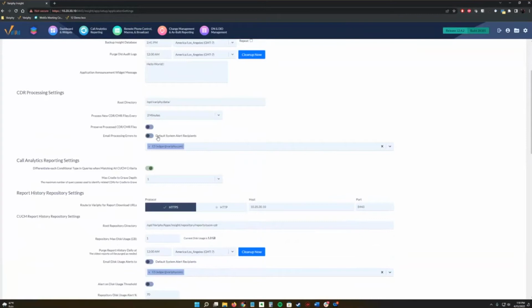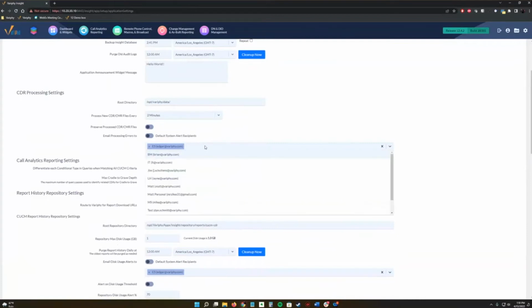So here's where we're going to see if we actually have any processing errors. Maybe we're getting that CDR, but the SQL database or the database you're using stopped processing. Maybe the database went down or we're full on disk space as well. I mean, that could be another thing. So here's where you want to set up and select your emails from the list here. That's going to help you identify if this is a processing error, if let's say SQL went down. So pretty important there as well.